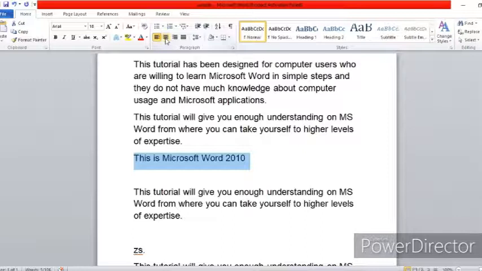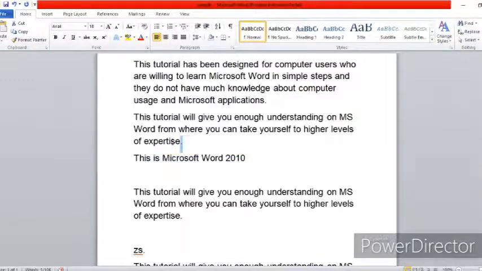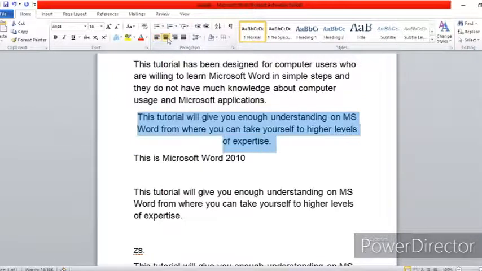This is the center alignment. After selecting the text, when you click the alignment option, your text is placed in the center. In the same way, if you want to place your text in left alignment, then click on the left align option. In the same way you can do with the others also. First select the paragraph. When you select the center alignment, your paragraph goes into the center of your page margin, and the same for the right alignment.